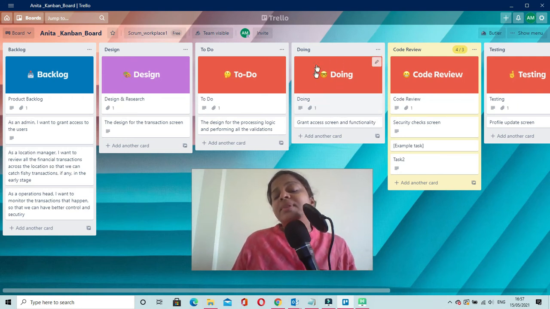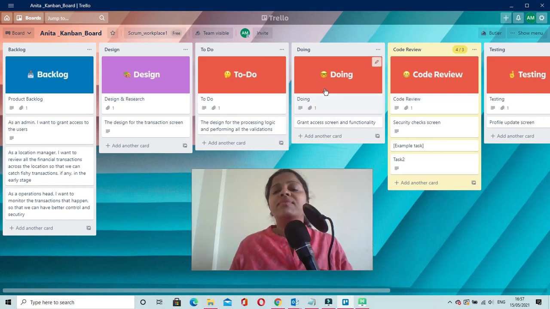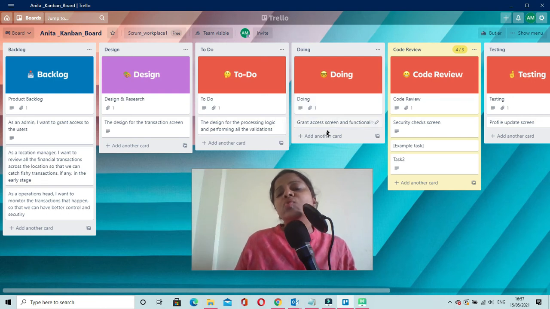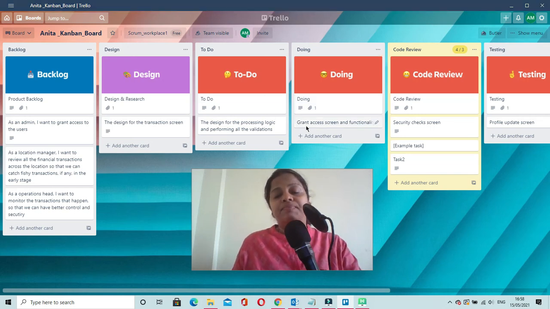If the team in this stage is working on 5 tasks, and 2 of them get completed and are moved to the code review stage, then they can pull 2 tasks from the previous stage. So Kanban talks about the pull principle, and it is not push. The teams should only pull the tasks. The upstream should not be pushing the tasks to the downstream. So this is also one of the rules that the team has to follow when they adopt the Kanban method.